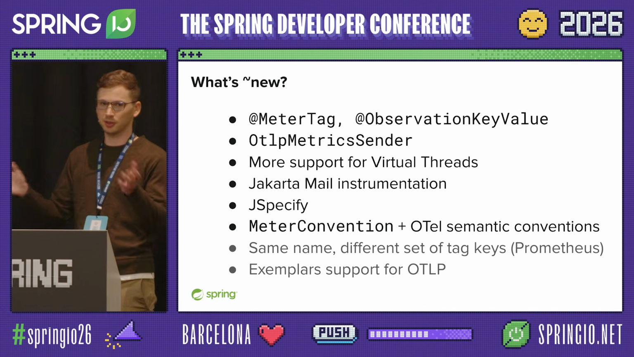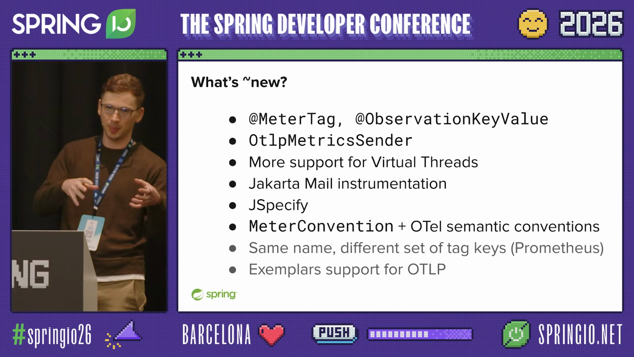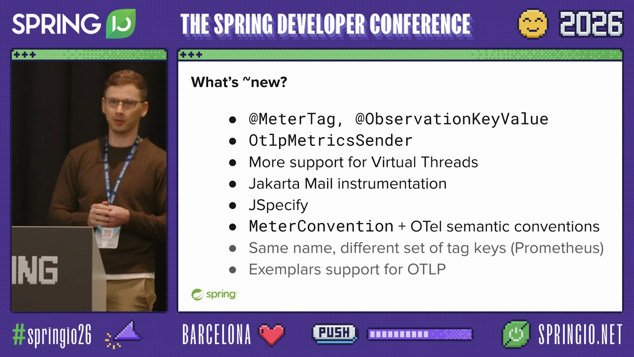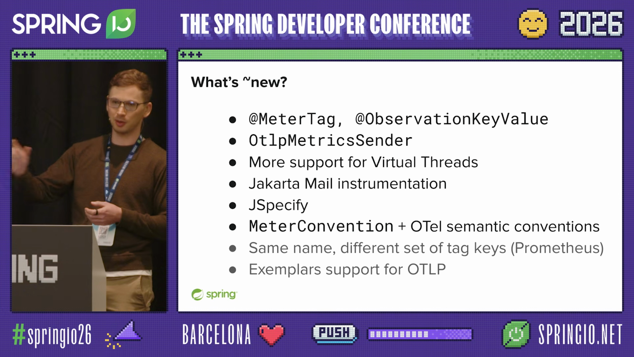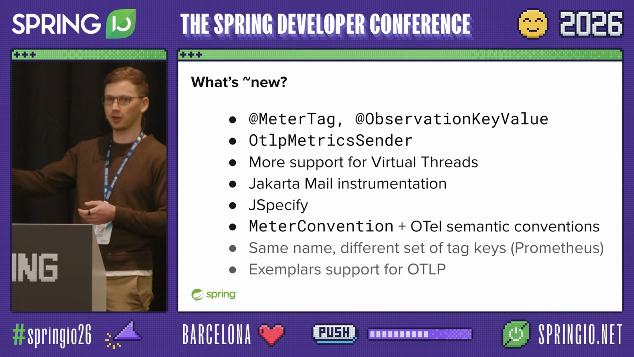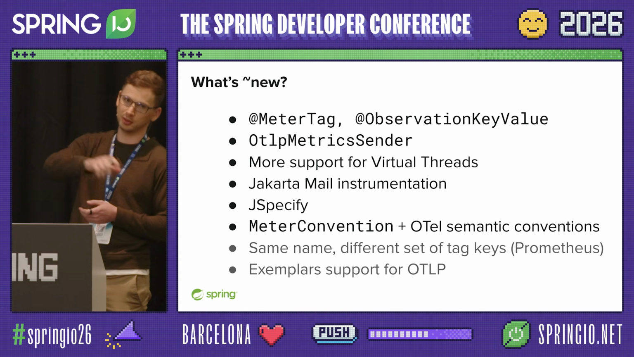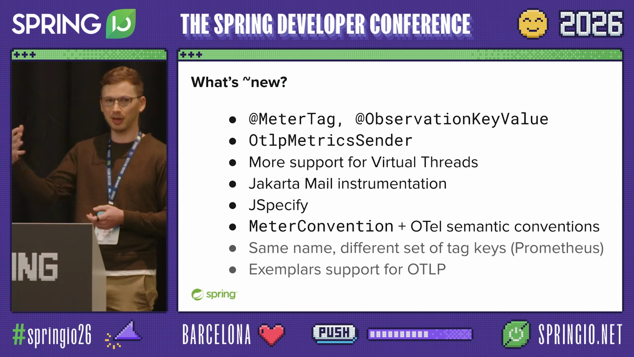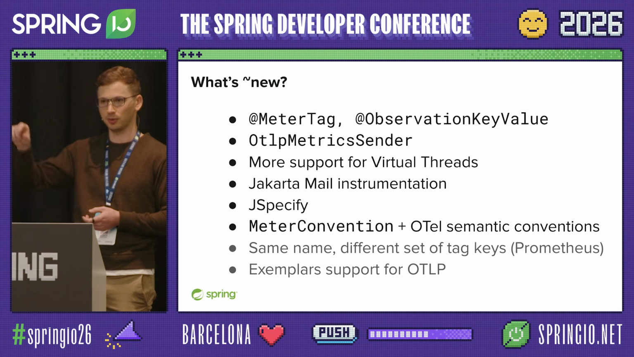So OpenTelemetry defines its own semantic conventions, and this meter convention and observation convention are the way in Micrometer in which you can swap out the convention. And so you could make an implementation of meter convention or observation convention that matches the OpenTelemetry semantic convention. So this is useful if you have dashboards that are built expecting a certain naming convention for what things are supposed to be called,